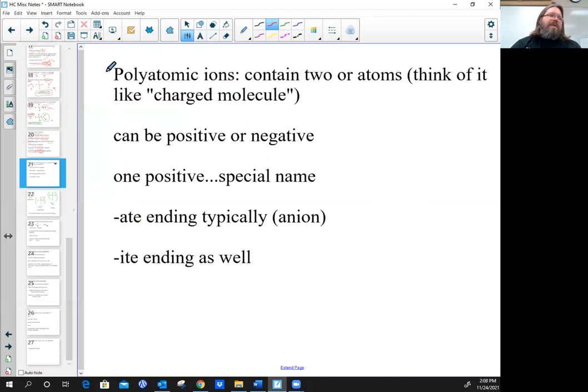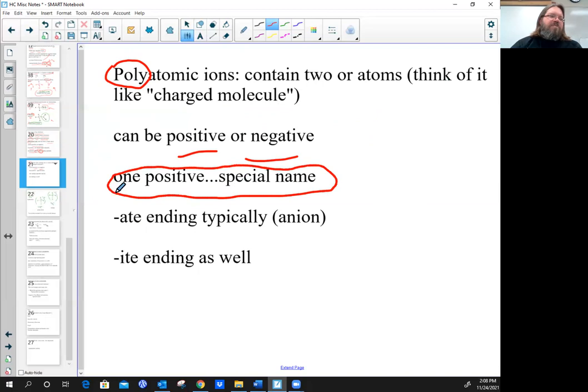Polyatomic ions, like if you have a polygon, it's a many-sided geometric figure. So polyatomic ions means that they contain 2 or more atoms. And in some ways, I want you to think of this like a charged molecule. And I'll show you more about what I mean by that in just a second. They can be positive or negative as well. There is one positive polyatomic ion that I'm going to make you responsible for that has a special name, and that's the ammonium ion, right? Which is